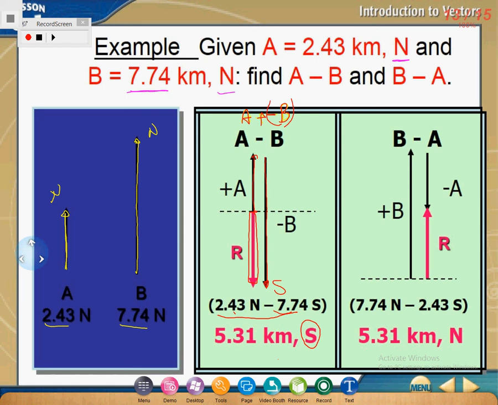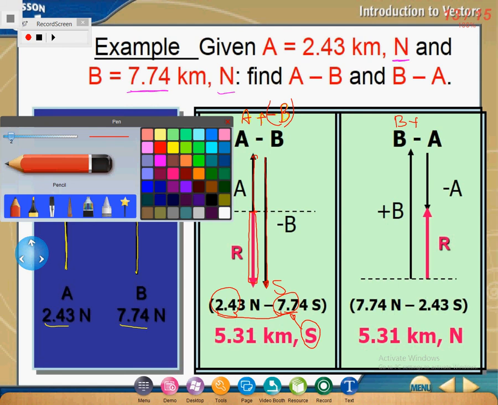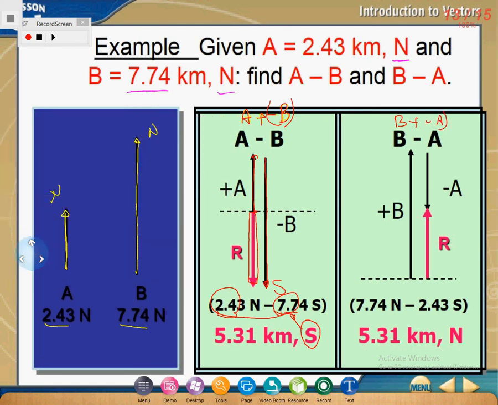B is 7 and A is 2. So it will go with the direction of the biggest one. The same here. The same with B minus A, which is B plus negative A. Sorry, negative A, 1 minute. Negative A,